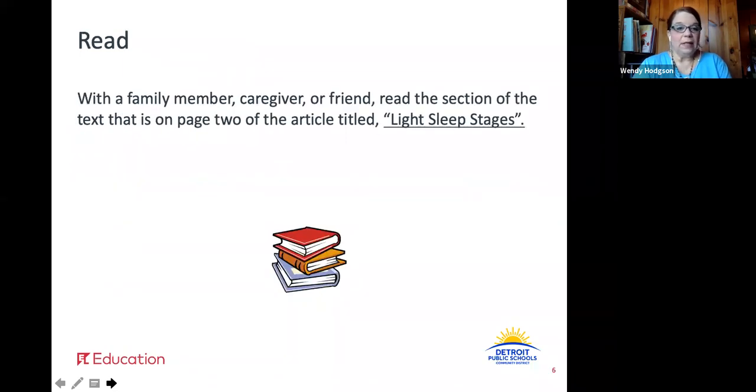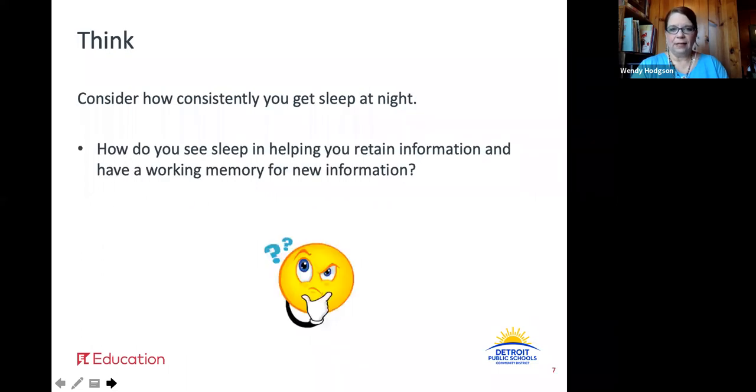So we're going to look at the article and find the section that begins on page 2. It's actually all on page 2, and it is light sleep stages. I'd like you to pause the video here and reread that one section. Take about 5 minutes. And as you do that, consider how consistently you get sleep at night.